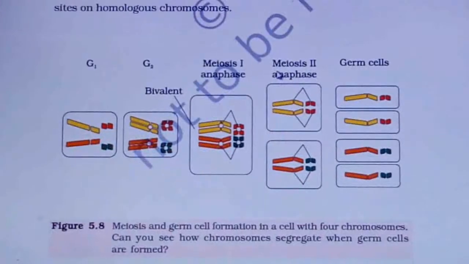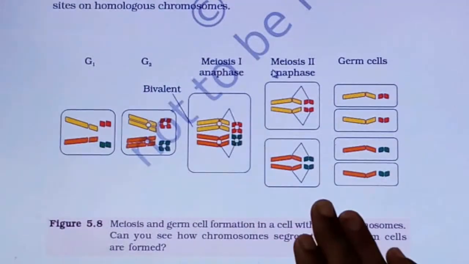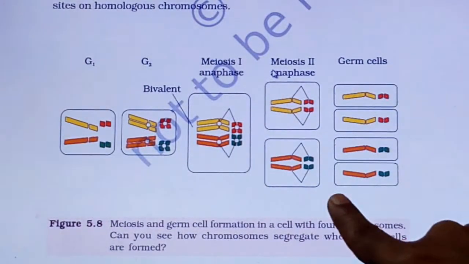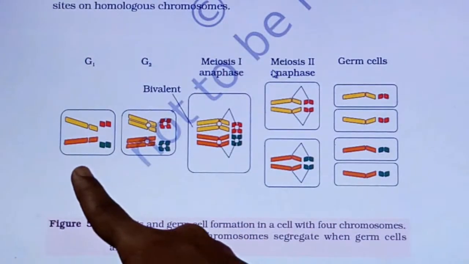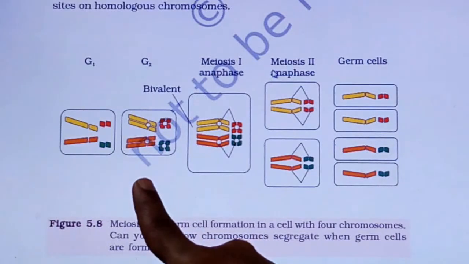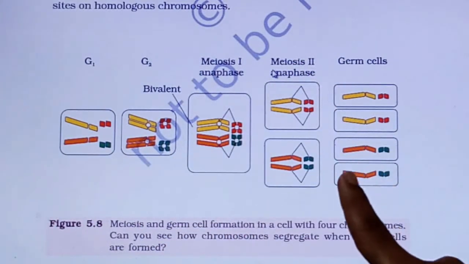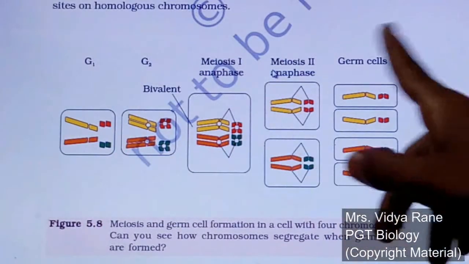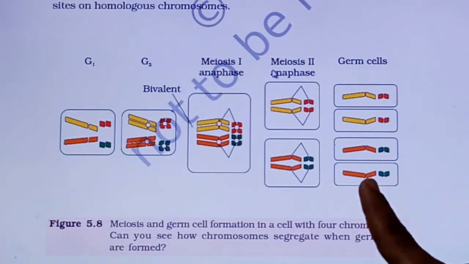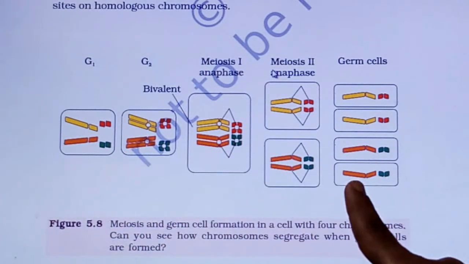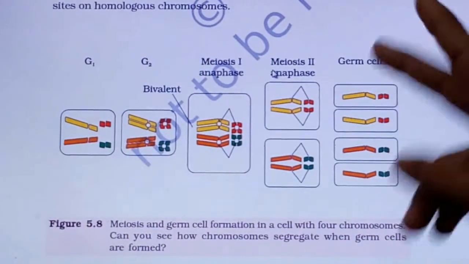It is given how the gametes are formed during the germ cell stage. You know that cell division takes place, with the G1 phase, G2 phase, S phase, and the M phase for cell division. During the M phase the germ cells are formed and chromosomes are divided. So all these chromosomal positions are given. Prepare this diagram for 2 marks.